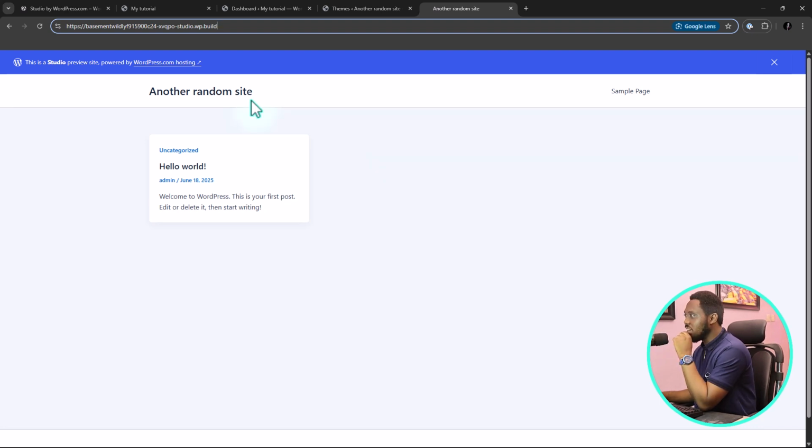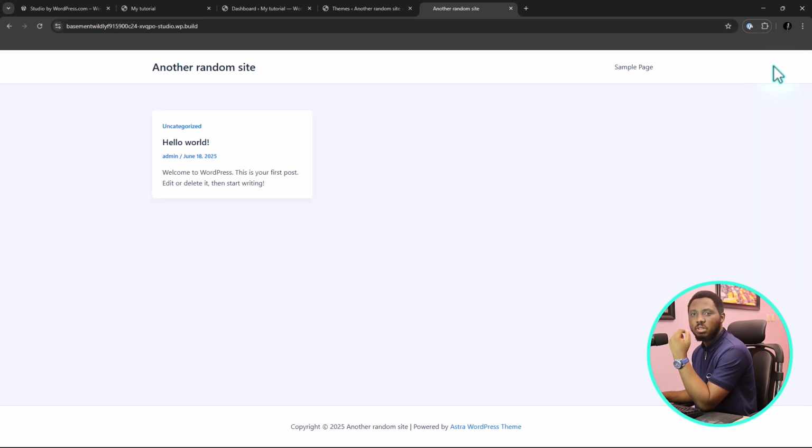And take note, in case you want to use this for an ulterior motive, you always have this banner here that is telling people that this is a Studio preview site and is powered by WordPress.com hosting. So they can also take it out, but at least it will always be there upon loading. So that's extremely important for you to know. By and large, I think this is a fantastic app from